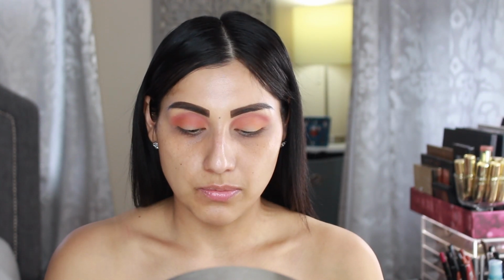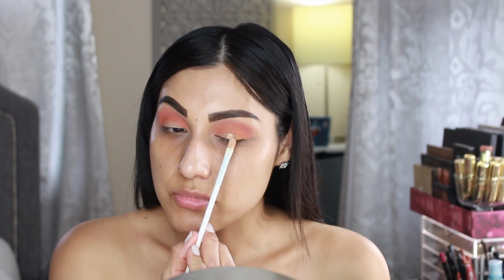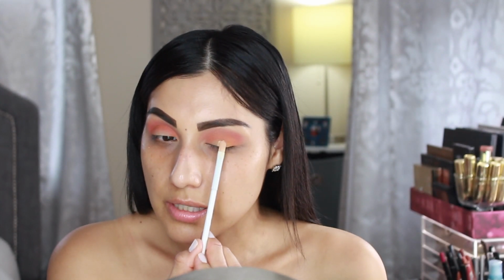Alright, so now what I'm going to do is grab a little bit of concealer, and a flat brush like this, and I'm going to start creating the halo. So I'm going to apply the concealer right here. Not that much, because I don't want it super wet, and then I'm not able to really apply. It's going to look messy. You're going to be able to see exactly where you place that shadow, and that's not what I want. So I'm just going to apply the littlest bit and then blend that out